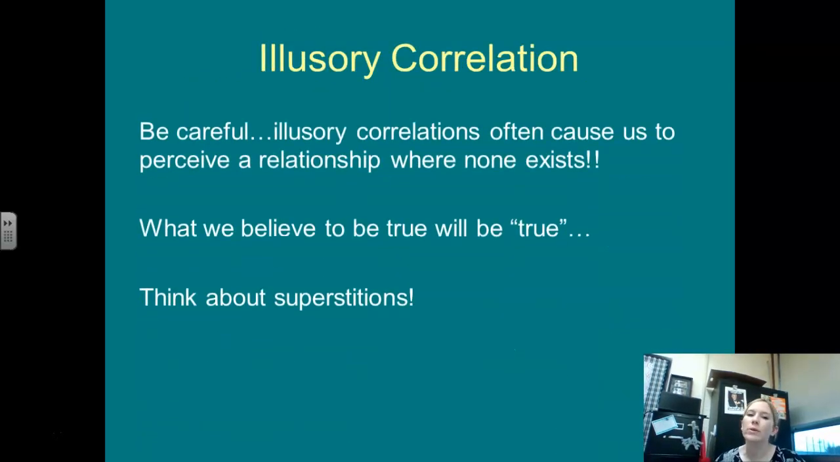Let's talk illusory correlation, okay? You gotta be careful because illusions can be present when it comes to seeing relationships between two things, even when none exists. Essentially, what an illusory correlation gets at is what we believe to be true is true. So think about a superstition, for example. Let's say you're a hockey player and you have some underwear that you wore